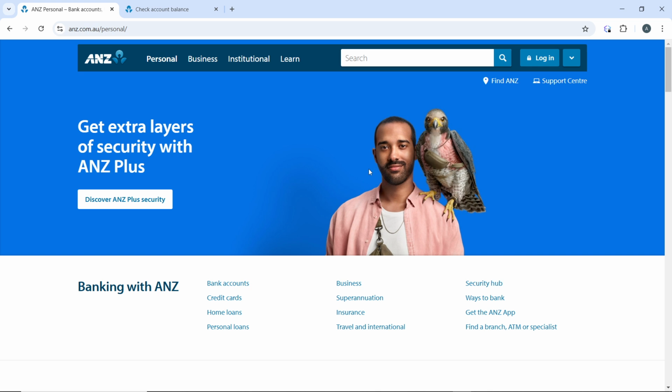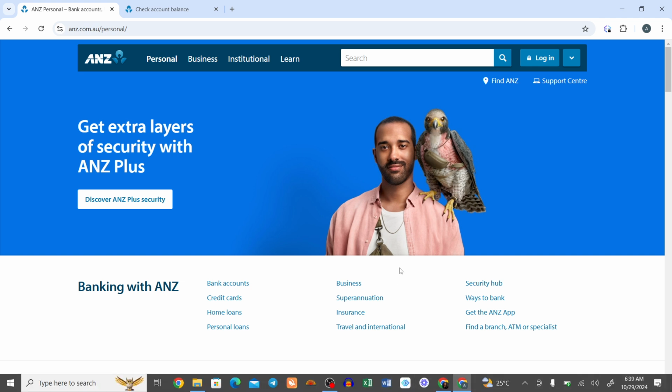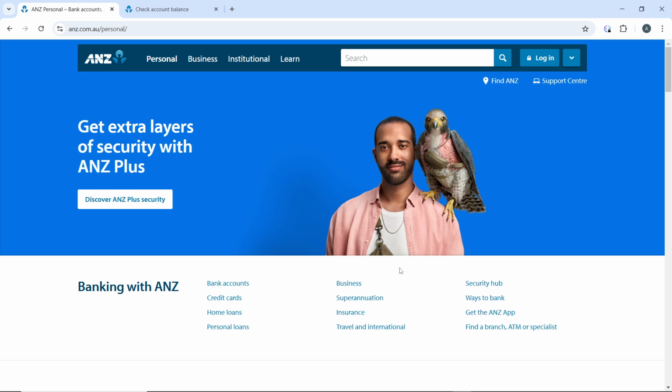Now, if you need a detailed view of transactions, click on the specific account to open a full statement where you can view recent transactions, pending items, and other details. Now, once you have checked your balance, you can click Log Out at the top right corner to securely end your session. And that's how you will be able to check your account balance on the ANZ Bank app or